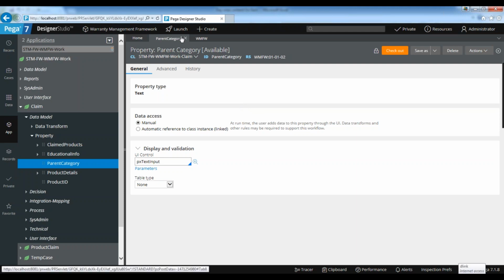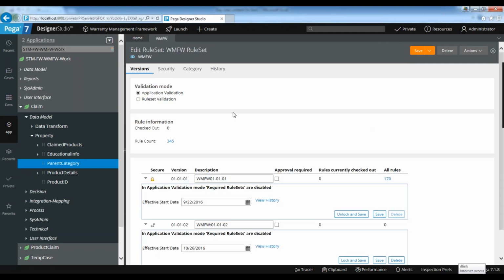If multiple teams are working on the same case or same stage, that's not a problem, because whenever you do modifications, others cannot make changes as they will get a lock exception. If you are doing one modification on one rule, others cannot make changes. Yes, that's true. But if you want to do parallel development, then you can go for branching.